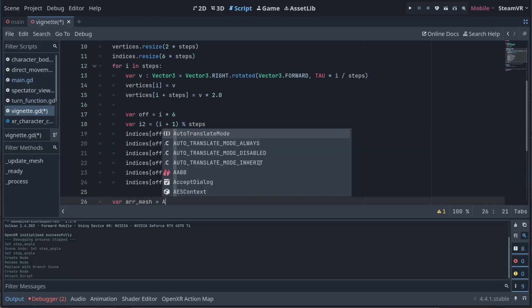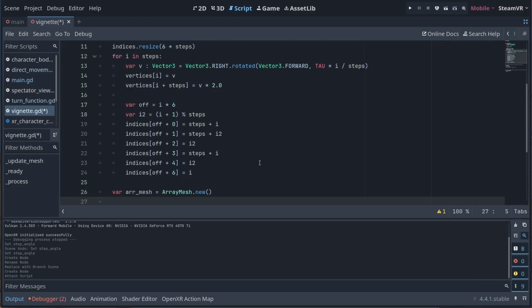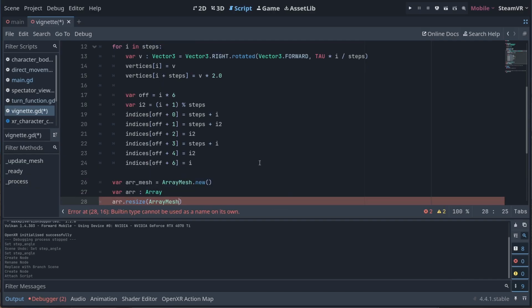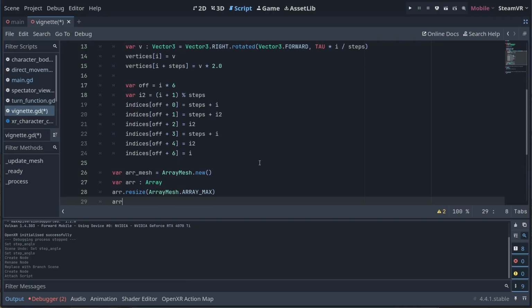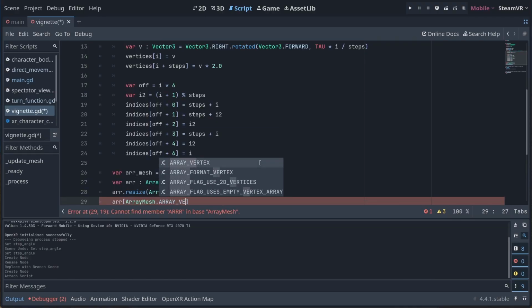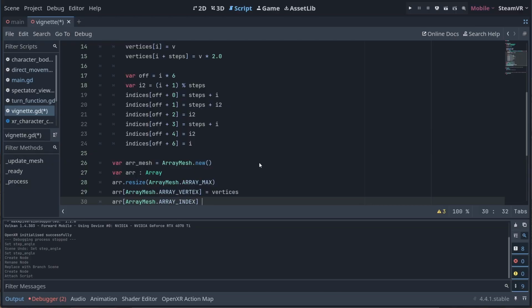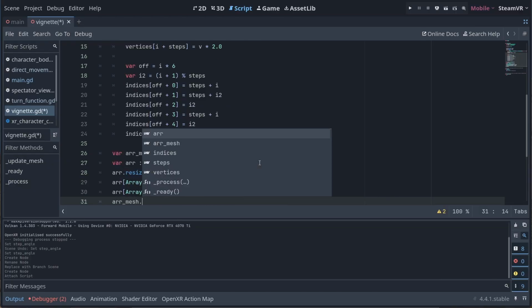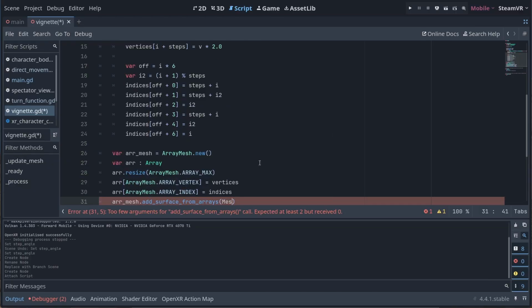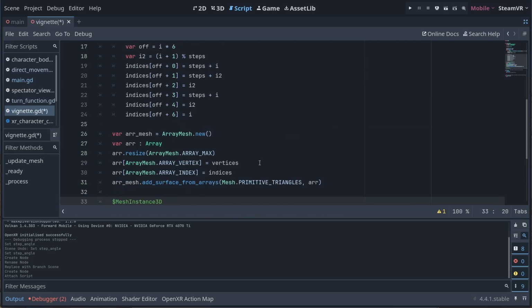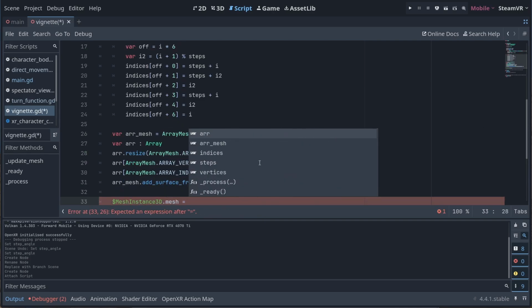Now we create a new array mesh. We need to define a new array and resize this. And set our vertices array in the right entry and our indices array in the right entry. Now we can use this array to add a surface to our array mesh and set this mesh to our mesh instance.